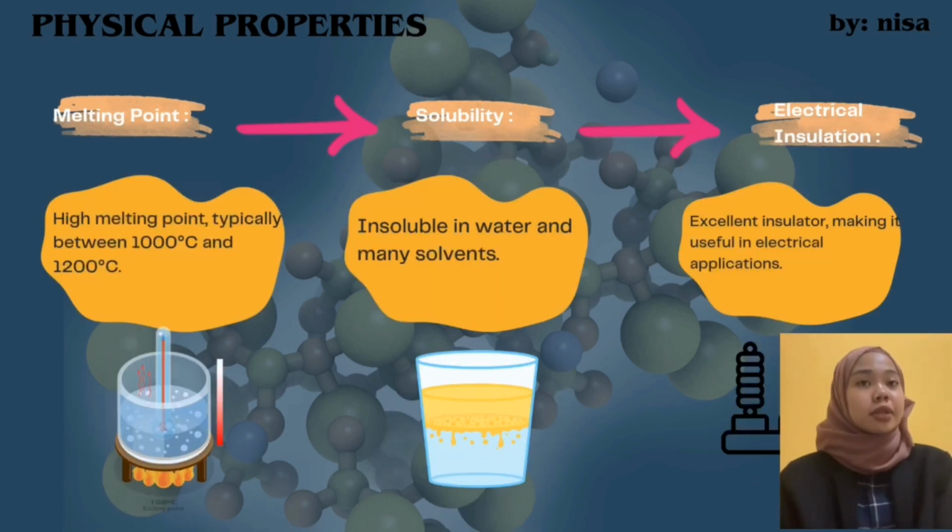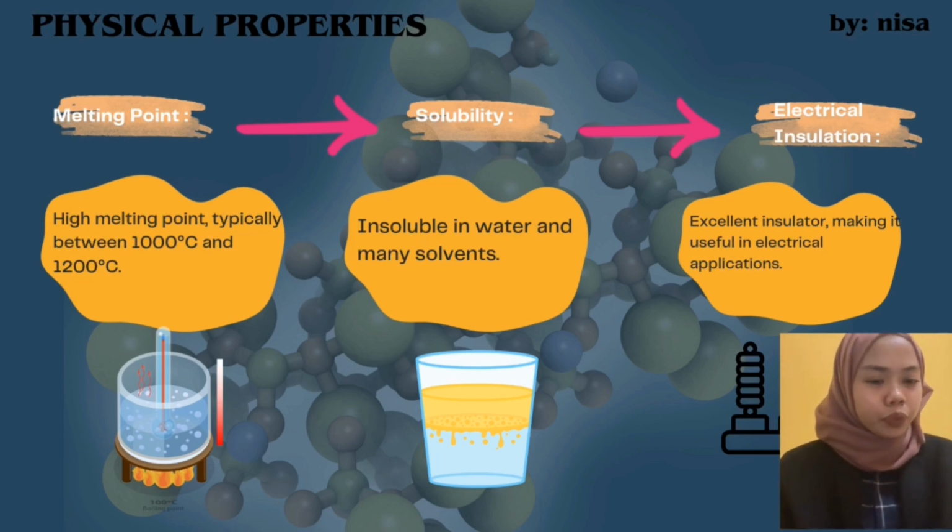So next is melting point. Asbestos has a high melting point, typically between 1000 degrees Celsius and 1200 degrees Celsius, which makes it highly resistant to heat. This property contributes to its extensive use in applications requiring fireproofing and thermal insulation, such as in building materials, industrial